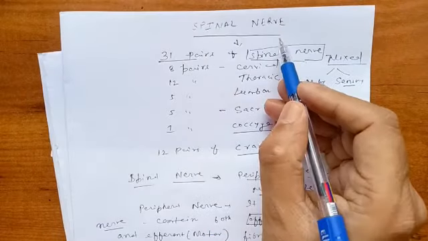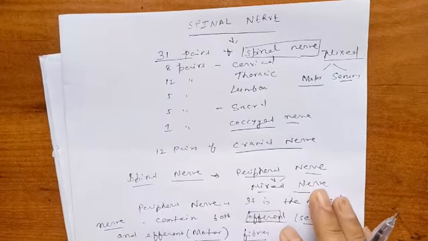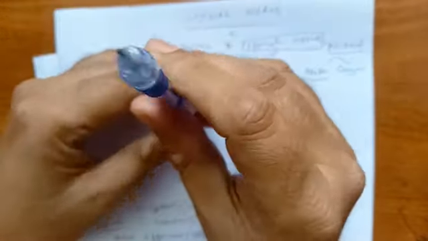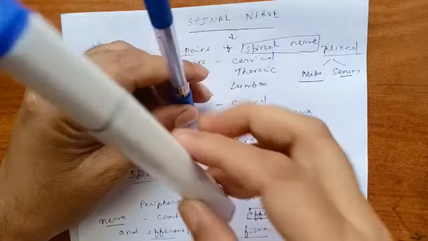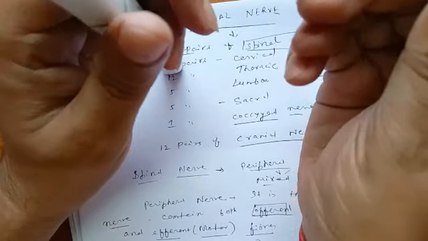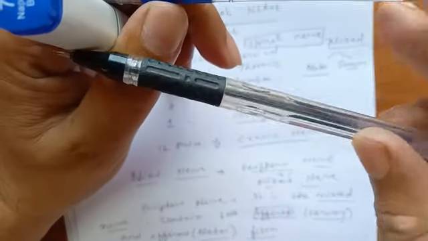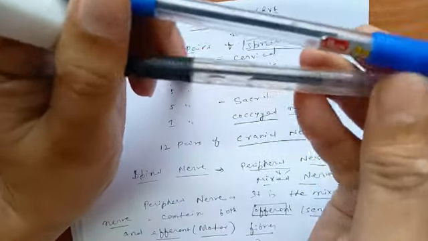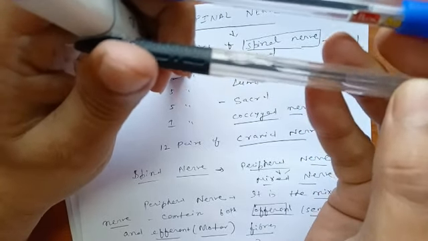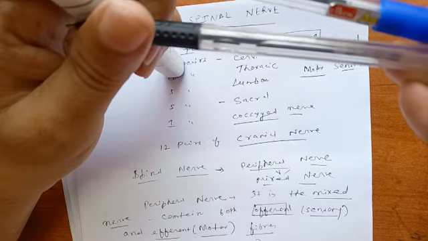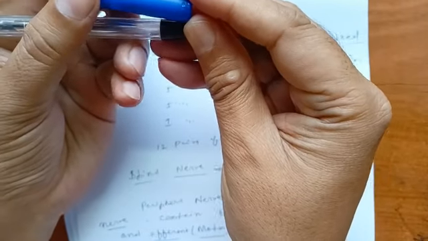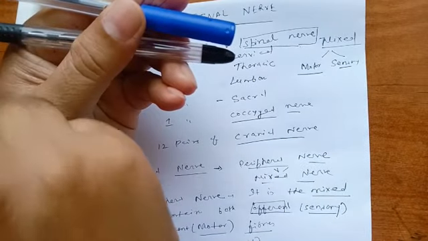Now I will discuss the spinal nerve, of which there are 31 pairs. Suppose this is the spinal cord, and from the spinal cord the ventral root and the dorsal root come out. These ventral and dorsal roots come out from the spinal cord and join to form the spinal nerve. Then there is the formation of the spinal nerve. This is the ventral root, dorsal root, and this is the